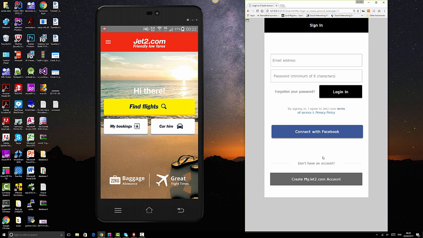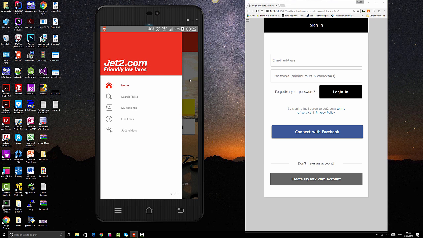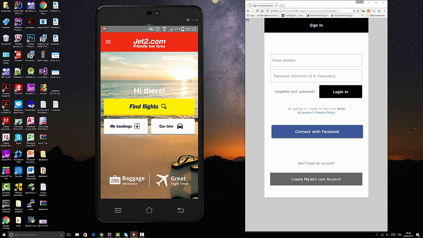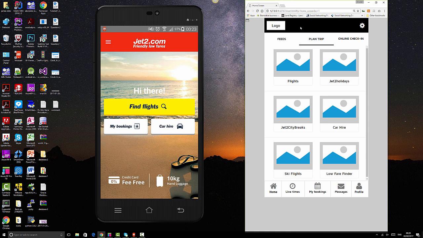Now if you don't have an account, I've also made a section whereby you can create my jet2.com account, and that is what I've seen that it's lacking on this side. So I don't know if I can create an account immediately or I have to do it after. And sometimes it's better for the app to ask the user this information so that when they start searching for flights and hotels and car hires, they already know that they've logged in instead of logging in at a later stage. So what I've done is to make sure that they log in, and if we hit login, we